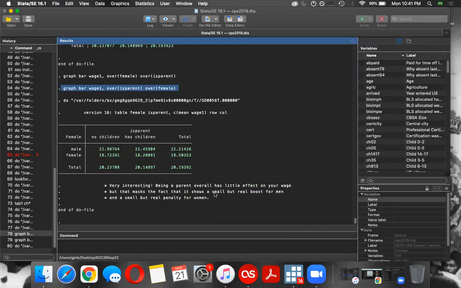So table, in this case, we can easily add a column total here and look at the overall effect. And one thing that's pretty noticeable here, we also have a row total, is that there really isn't much of a difference overall between not having children and having children. This is a pretty small difference, right? So this difference is about 50 cents on the dollar. This difference is also roughly around 50 cents, a little bit less,